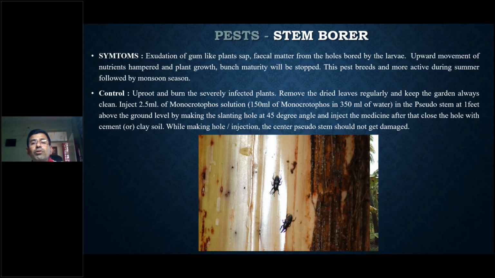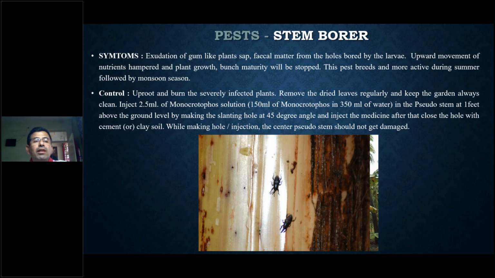We have to prepare the solution. Take monocrotophos 150 ml, mix it with 350 ml of water, and inject from one foot above ground level. Make a slanting hole at a 45-degree angle with a screwdriver, a star type screwdriver, about 2 to 3 inches deep. Then inject 2.5 ml of this monocrotophos solution mixed with water into that hole, and